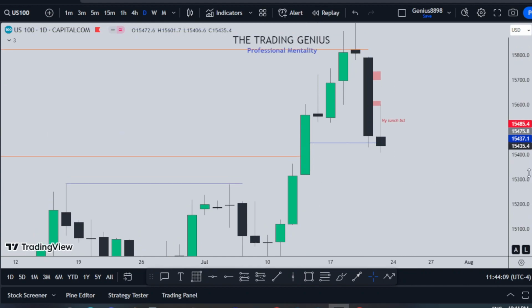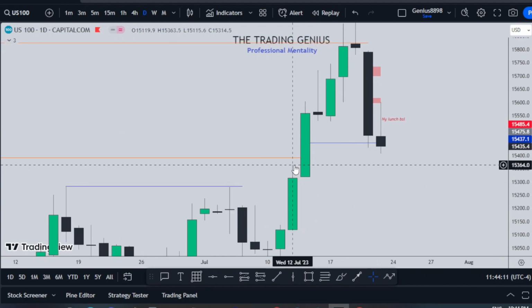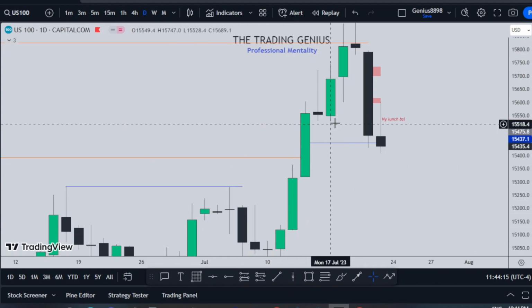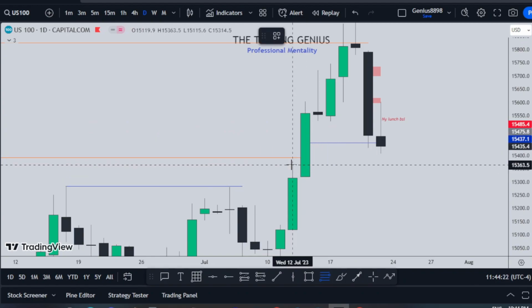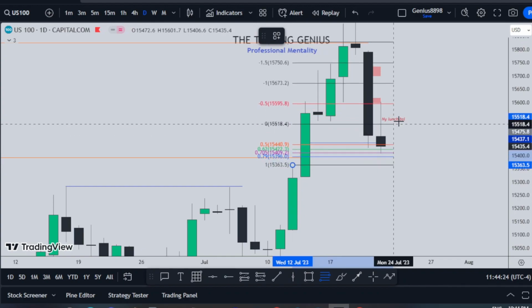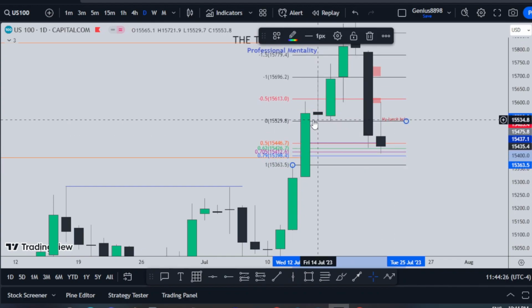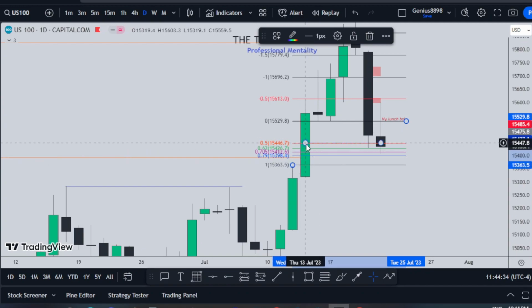Okay, so the same thing: consequent encroachment can be used with both fair value gaps and wicks. To find the consequent encroachment on this daily time frame, you use the same Fibonacci tool. You're going to put it on the top of this candle and drag it to the low of this third candle right here. Okay, so the second candle, you want to see the fair value gap between them. You're going to put a line,